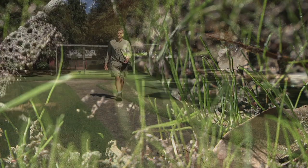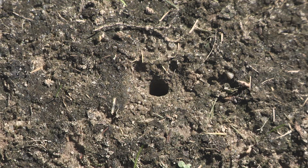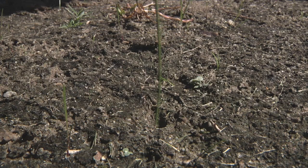You know, not all predators live in remote parts of the world. Some of them live in your neighborhood, in your own community, and this is a good example. I've been seeing these little holes. And one of the things I used to do as a kid is I would take a piece of grass like this, and I would push it down in the hole,